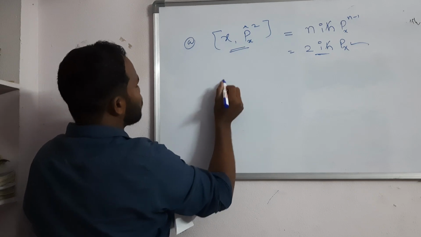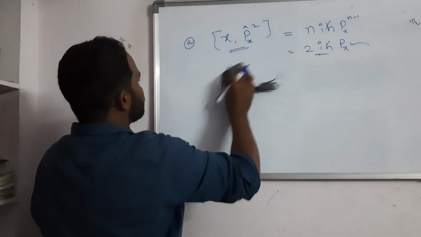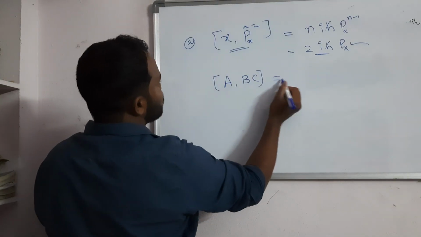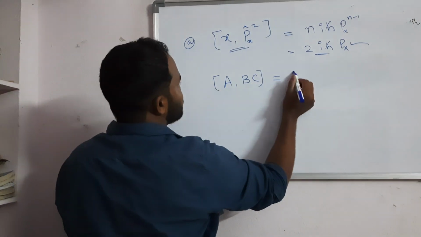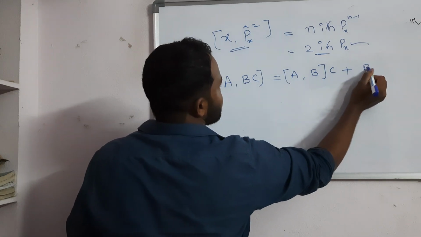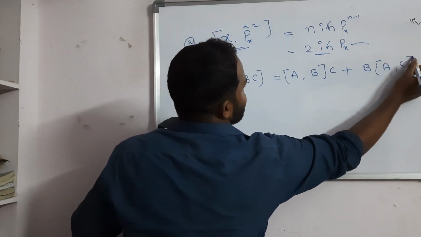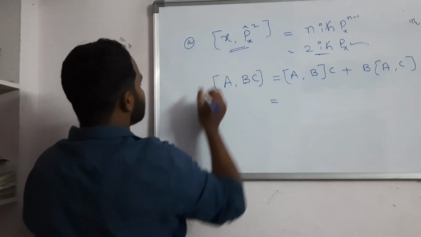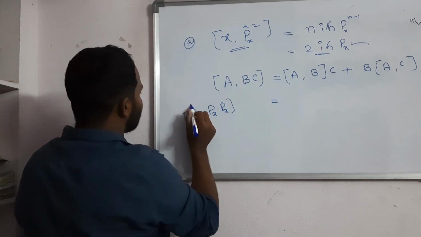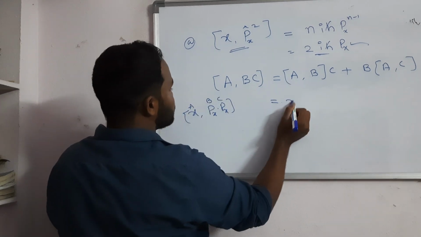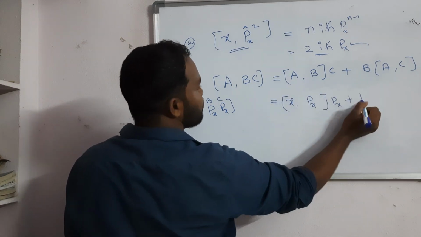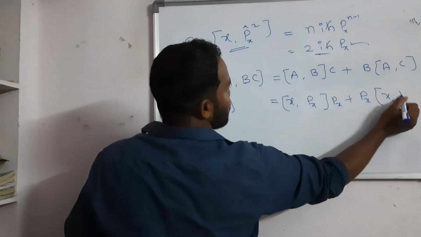I am also giving the proof for this. First you should know one formula, that is, first you should know the commutator a comma bc. So I am going to use some commutator rules. A comma bc, you can write as a comma b into c plus b as it is, then the remaining a comma c. Right, now I am going to substitute. For x comma px, I am writing px into px. Now if you write it as a, b, c, x comma px into c, which is px, plus b, which is px, and a is x and px you will get.